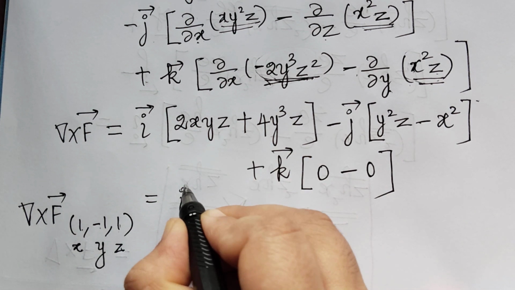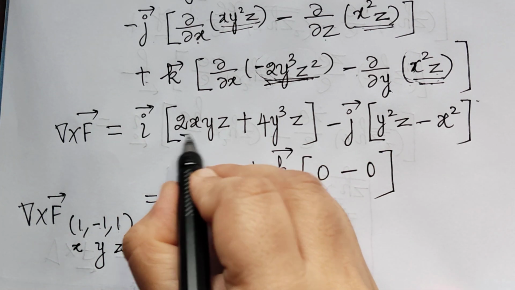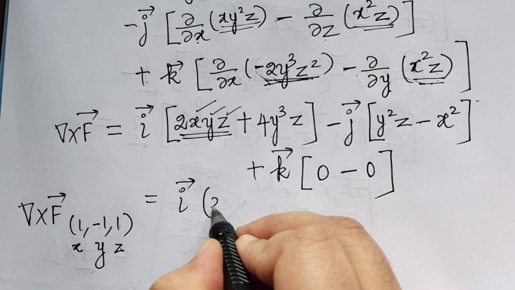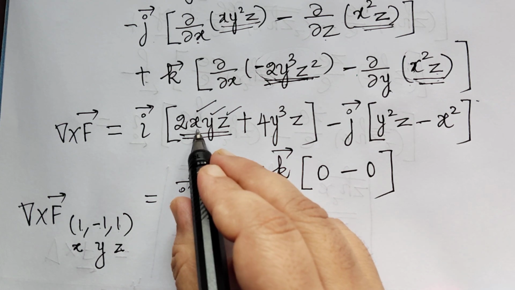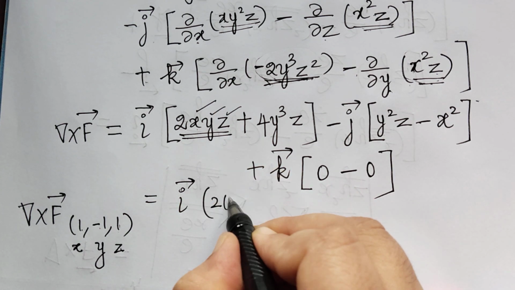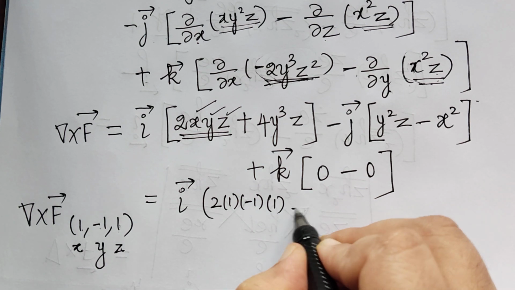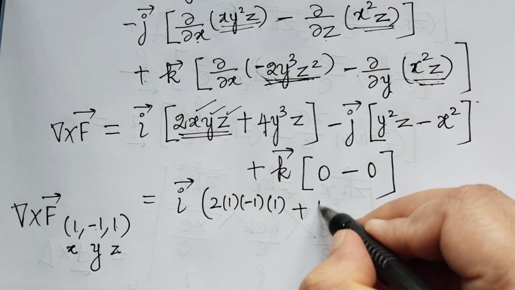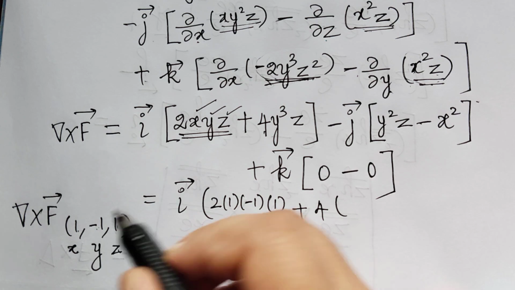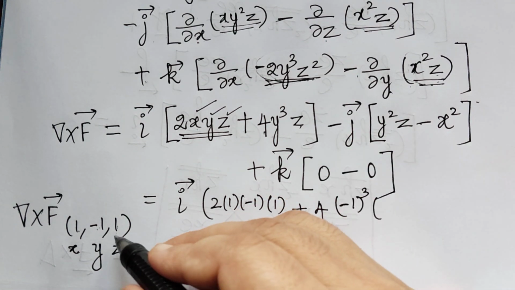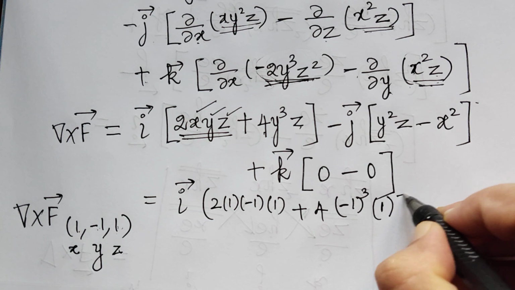So what we will get is i vector multiplied with, so here x, y and z we have to substitute, so it will be 2 multiplied with x is 1, y is negative 1 and z is 1, plus 4 multiplied with y cube, y is negative 1, so negative 1 cube multiplied with z, which is 1,